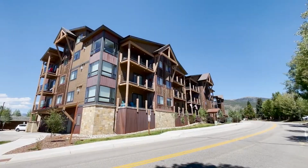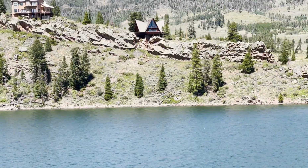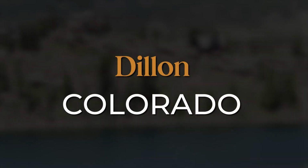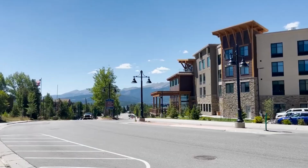Are you thinking of moving to Breckenridge or the surrounding areas? Well, today we're going to focus on Dillon, Colorado, and just drive you around and show you the downtown corridor